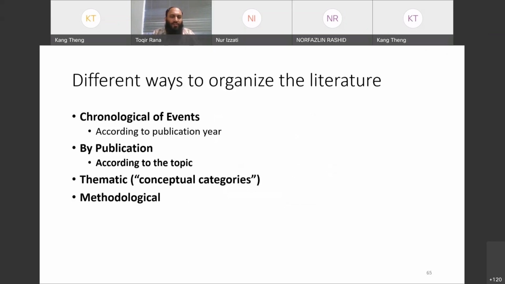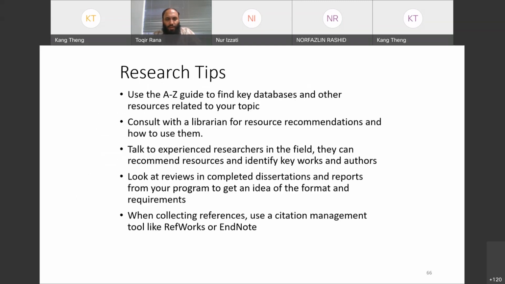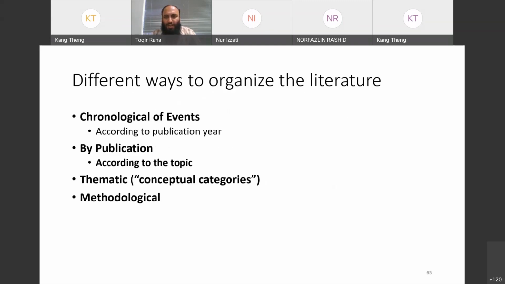So there are different ways to organize your literature. Chronological order of events, so you can arrange them according to publication year, or according to publication topic. You can also arrange them by categories or methodology. But I will go towards the tools rather than the methodologies to organize your research, because I have used some